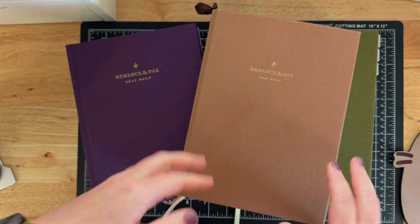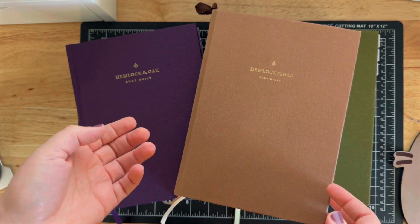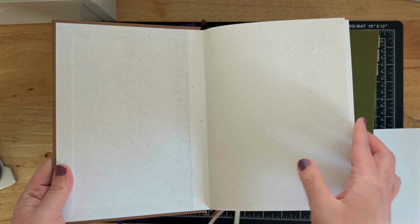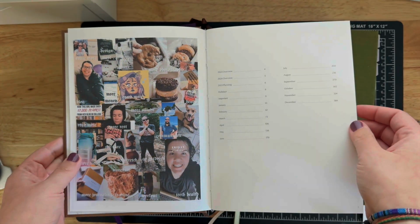But I didn't really know how I wanted to use it. And I just played with it. I didn't even have tabs the first year, which is fine. And let's see what my first... Remember I made like a little